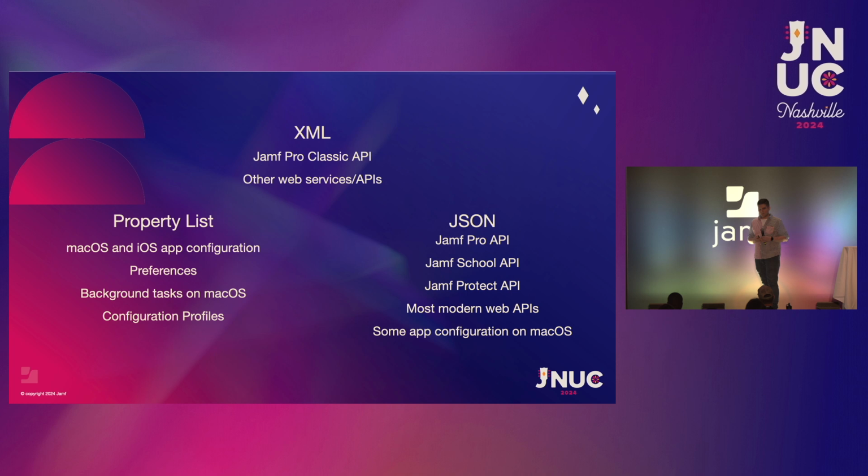So, unfortunately, there's not a ton of overlap. There isn't some example that I could pick, or at least one that I could think of. If you want to make me mad, find me after the presentation and tell me, oh, you could have just used this as an example of something that is typically found in all three of these formats. Definitely you can find things in XML or in JSON that relate to the same data, but then property lists are kind of left all on their own on the side.